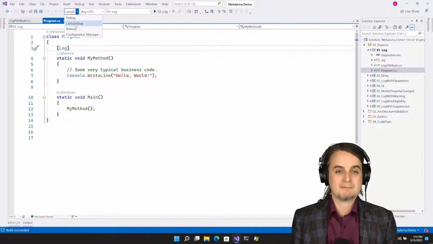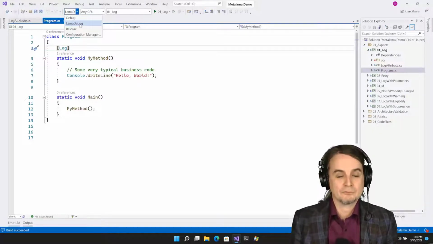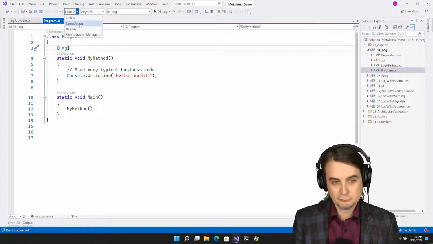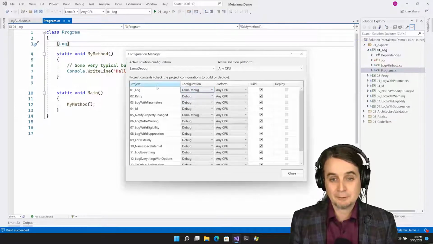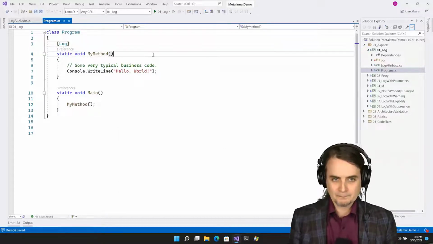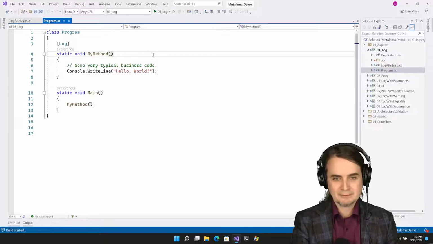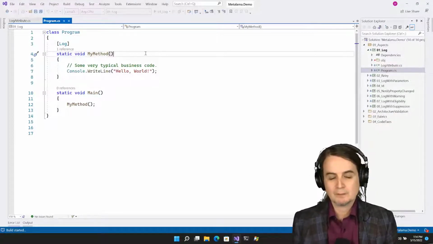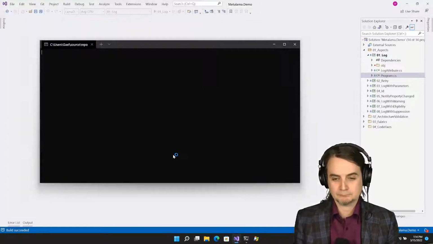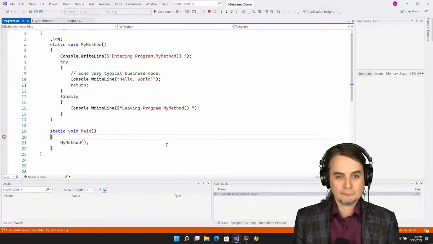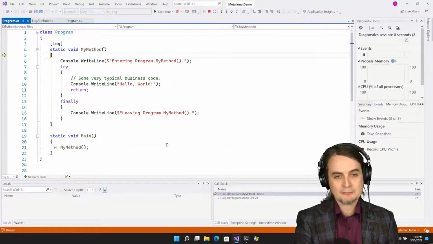So now, if I want to debug the code and see what's really happening, I can choose the Llama debug configuration. This Llama debug configuration does not exist when you create your solution. You need to create the solution configuration yourself, but you need to map it here to the Llama debug project configuration. The project configuration will exist. And what this Llama debug configuration means is that we are going to step into the transformed code instead of the source code. So here you see I'm stepping into the transformed code.